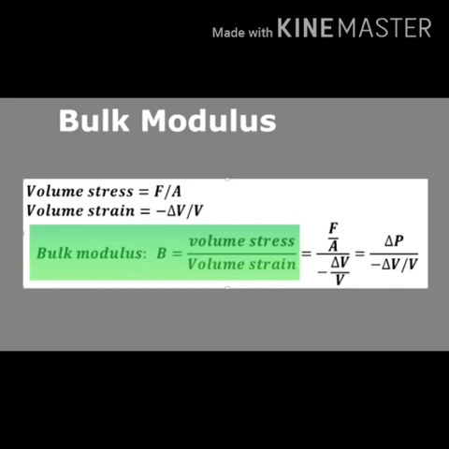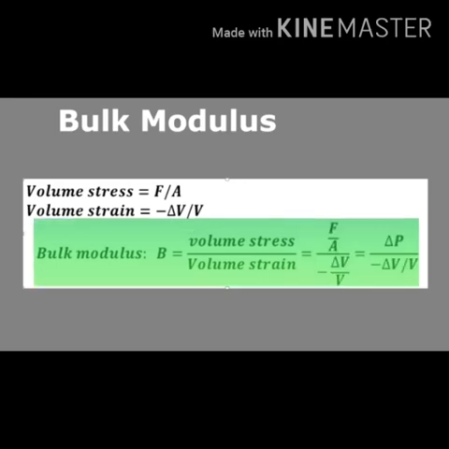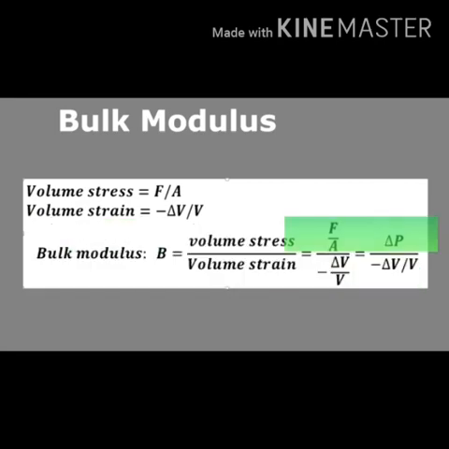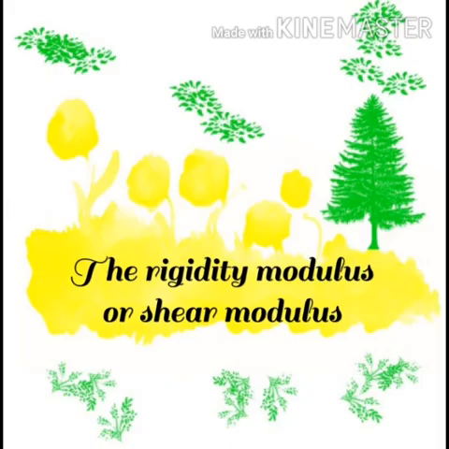The volume strain epsilon is equal to change in volume by original volume, therefore delta V by V. Therefore, the bulk modulus is stress by strain. Therefore, K is equal to sigma by epsilon, therefore minus of delta P by delta V by V. The negative sign in this equation means that when pressure is applied on the body, the volume decreases, that is inversely proportional. Therefore, this equation implies the material can be easily compressed. It has a small value of bulk modulus. Bulk modulus measures the resistance of the solid to change in their volume.